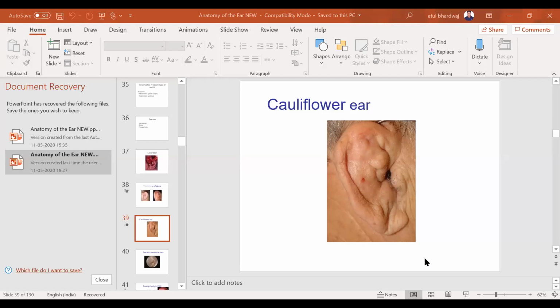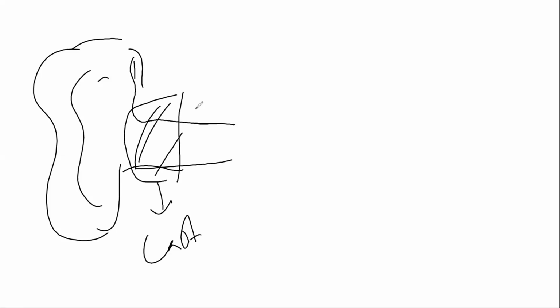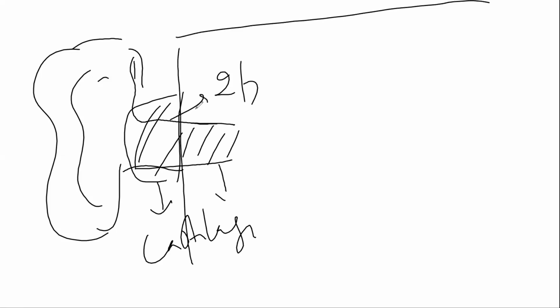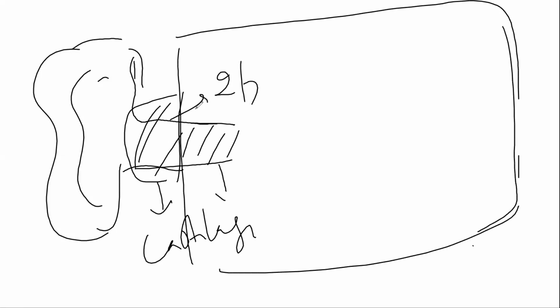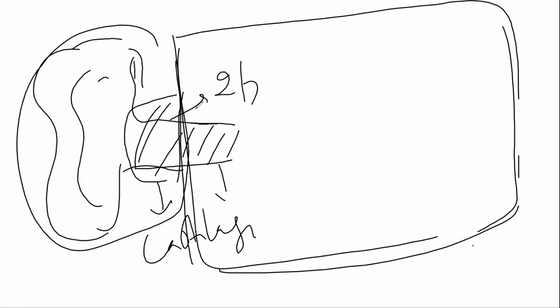So these are the important fine points we are now having. This is the pinna cartilage, single yellow elastic cartilage, which is convoluted on itself, rolls on itself. This part is called the cartilaginous part. And the medial 2/3 part, this part is a bony part, and this whole ear lies now in the temporal bone. This is outside the temporal bone, and this is inside the temporal bone. And now this is continued as the middle ear.